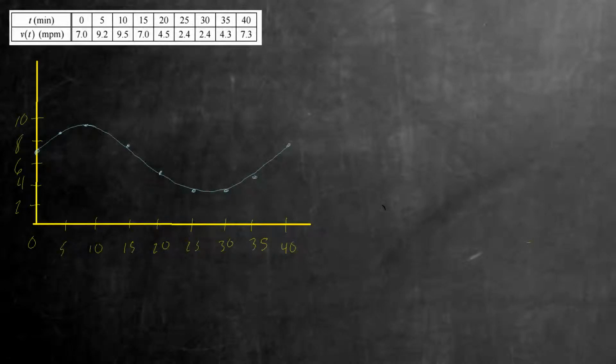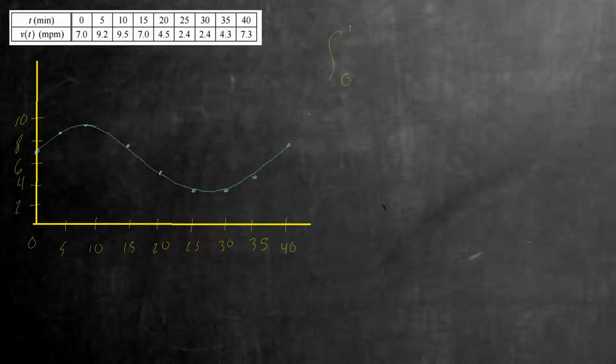And cool problem here on number 3. A test plane flies in a straight line with a positive velocity v of t in miles per minute at time t minutes, where v is a differentiable function of t. Selected values of v of t from 0 to 40 are shown in the table above. Use a midpoint Riemann sum with 4 subintervals of equal length and values from the table to approximate the integral